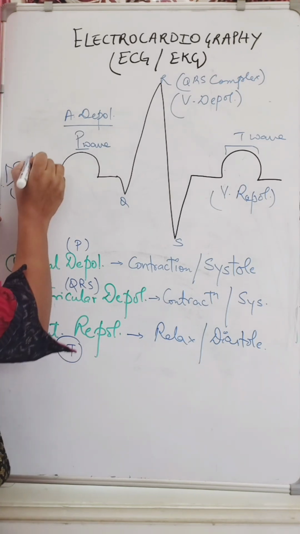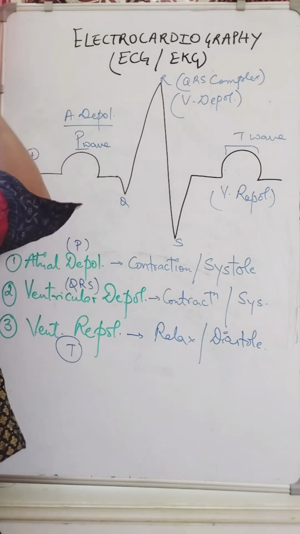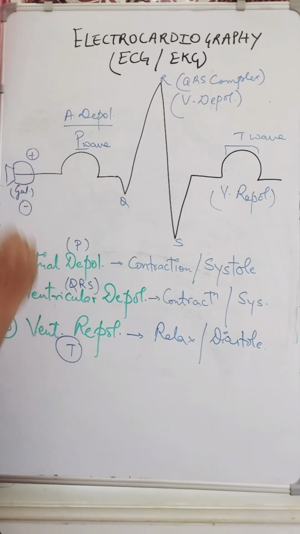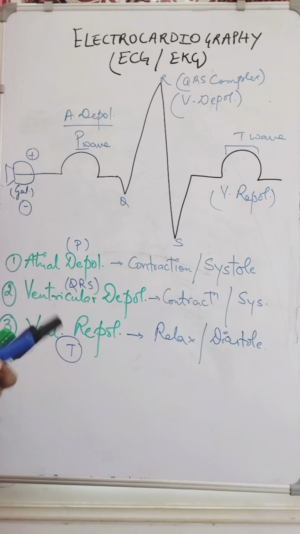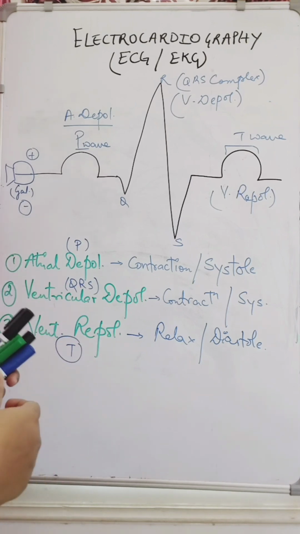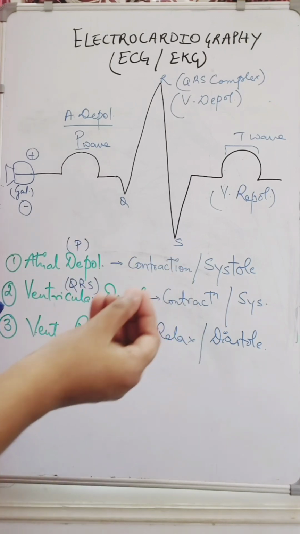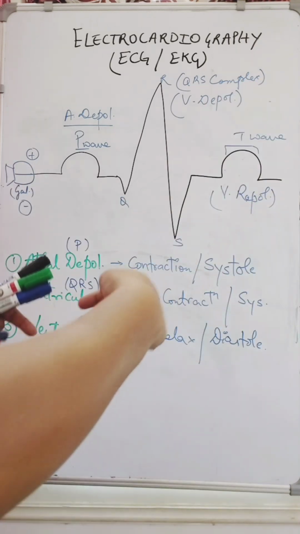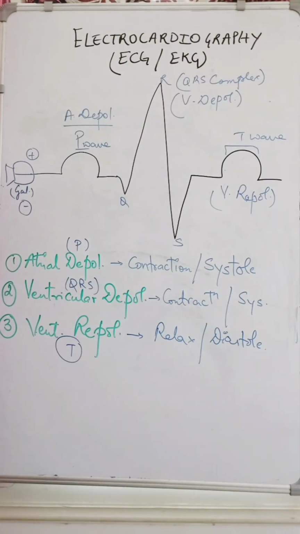This side is towards the positive. This is towards the negativity. So let's not go too much into depth about how we have to do it, because again it requires a lot of tasks to be done. We have to consider the myocardial tissue connected to the electrode, then see how the changes are occurring.